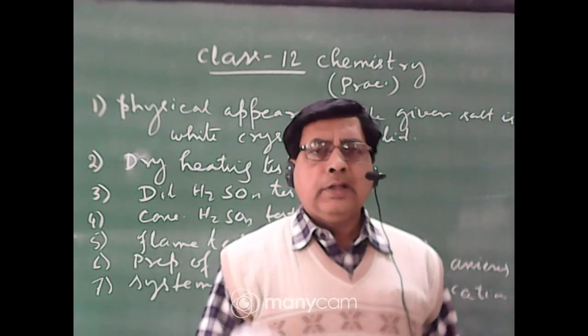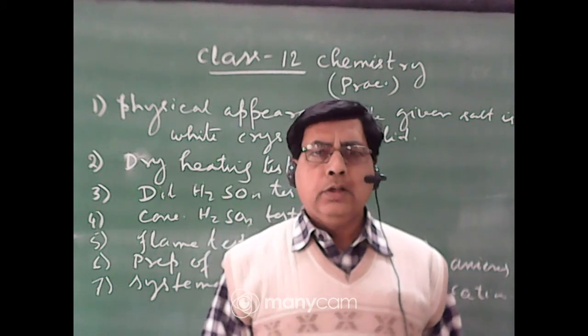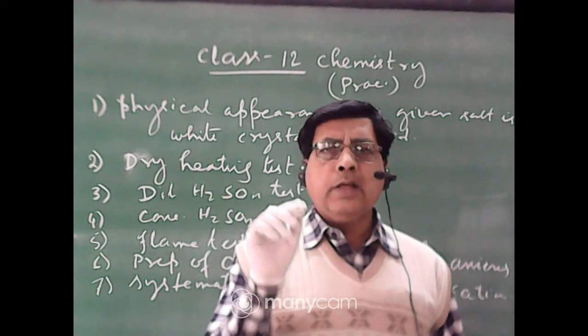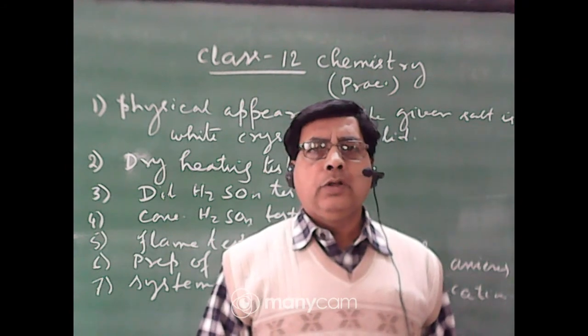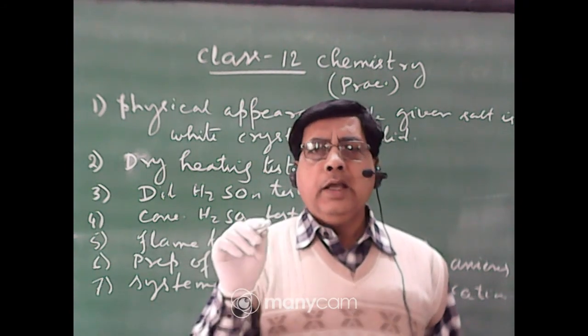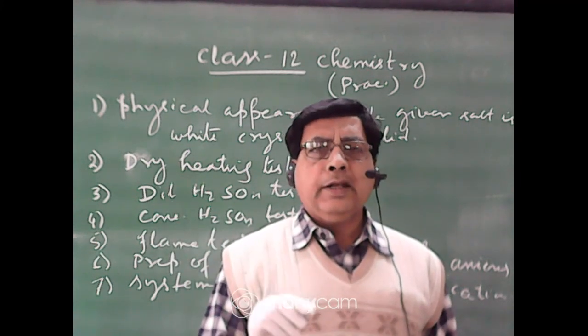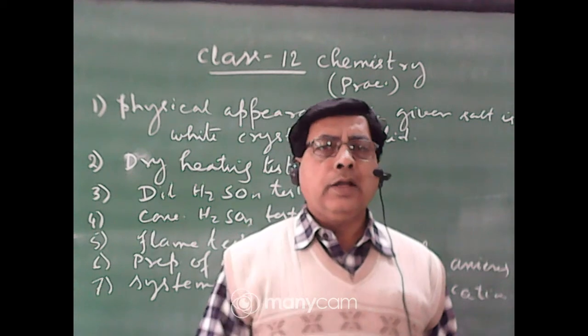cation. The precipitate is dissolved in dilute HCl and divided into two parts. To the first part you add potassium ferrocyanide solution, K4[Fe(CN)6]. A yellowish white PPT is formed. Zinc is confirmed. To the second part you add sodium hydroxide solution.